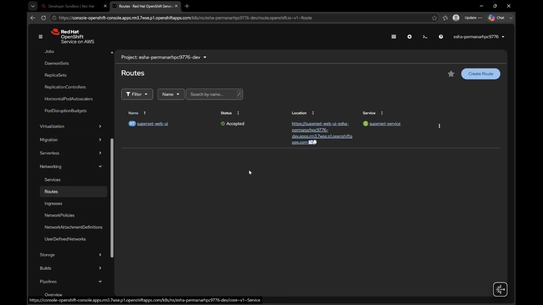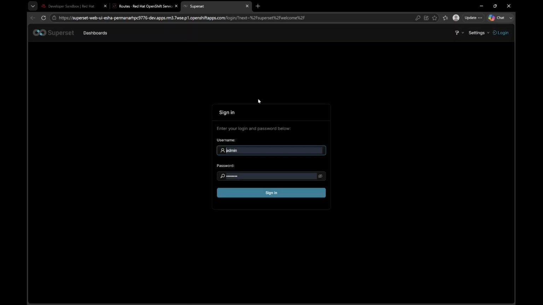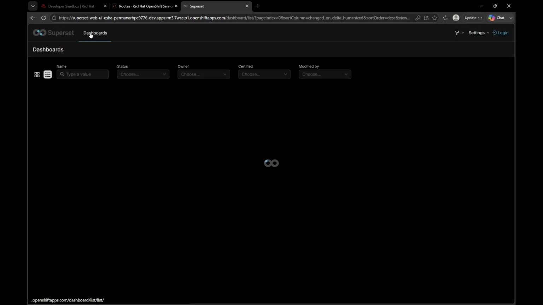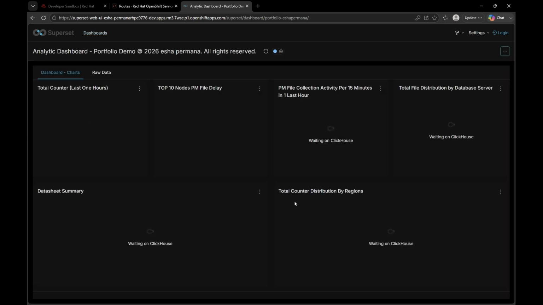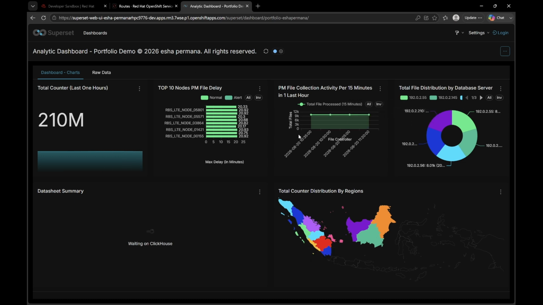This is about the route. Route will expose the service. You can click as well on here. So the new tab will open, and then I will click dashboard, and yes, the application is back.